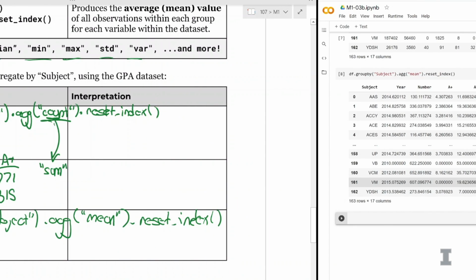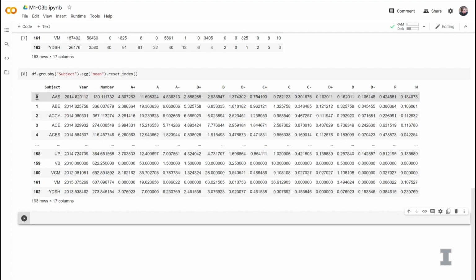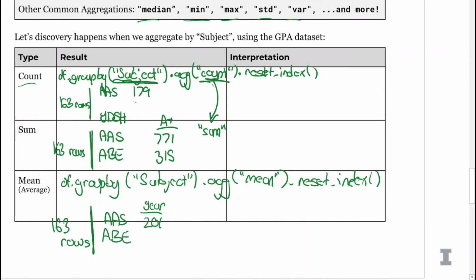And what do we get, Carly? So now my index is again 0 to 162, and I have each subject with the average for those columns. The year for AAS is 2014.62.